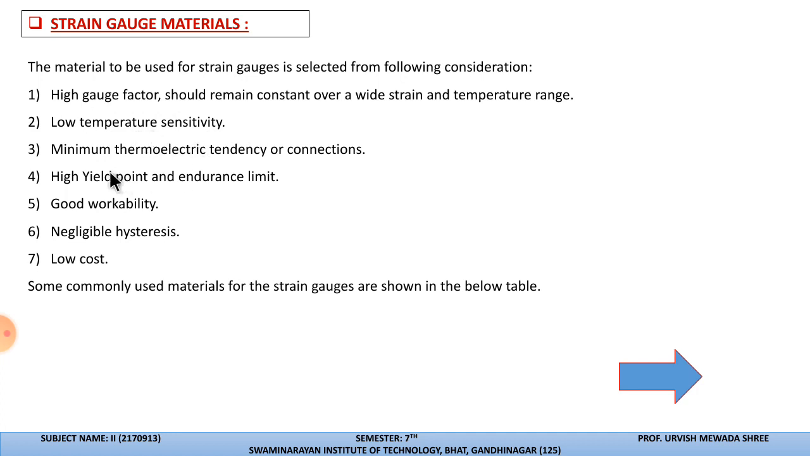And the third is minimum thermoelectric tendency or connection, and the fourth is high yield point and endurance limit. Yield point means a point at which a material loses its property. So it has high yield point and endurance limit, because we are measuring stress with the help of this gauge material. It should have good workability, and